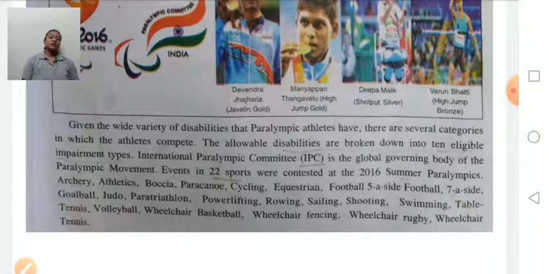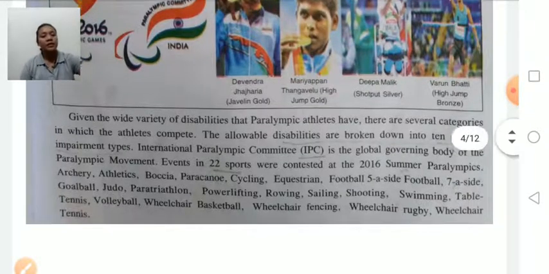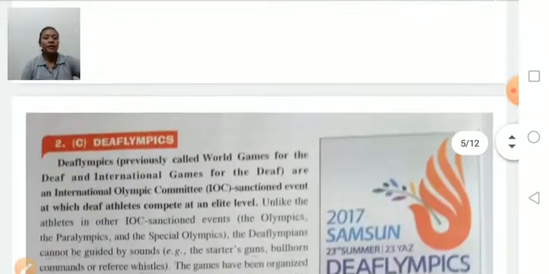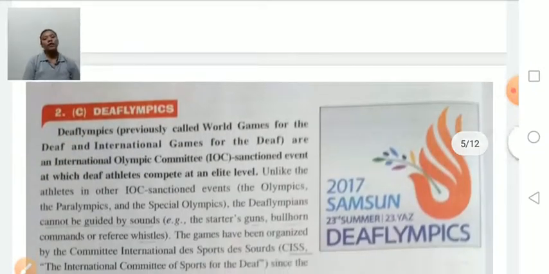Okay, this Paralympic Game is for persons with disability. Next is Deaf Olympics. Deaf Olympics means for those who can't hear. The Deaf Olympics was previously called the World Games for the Deaf and the International Games for the Deaf.